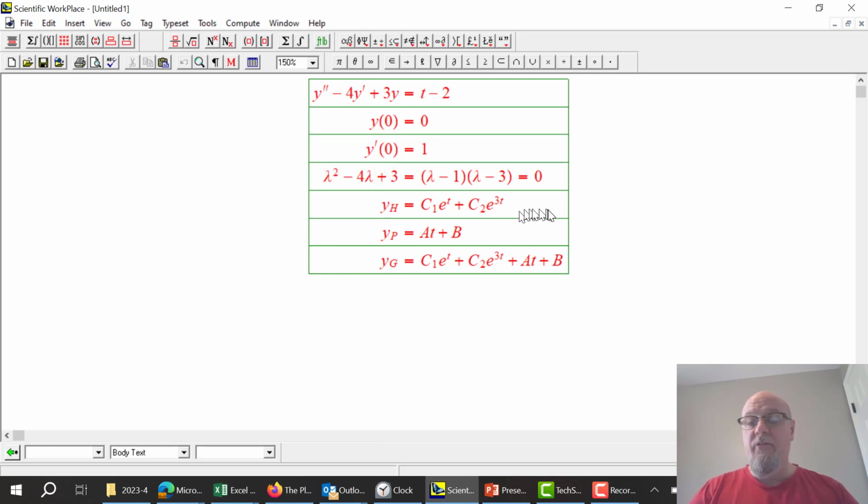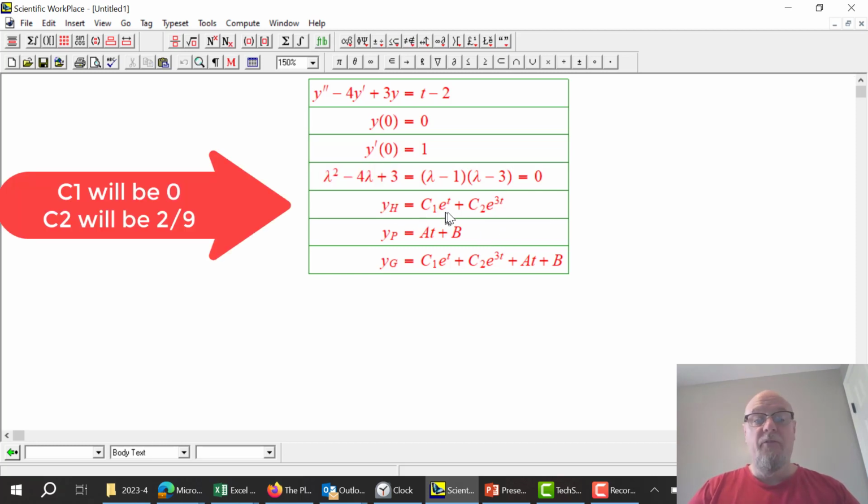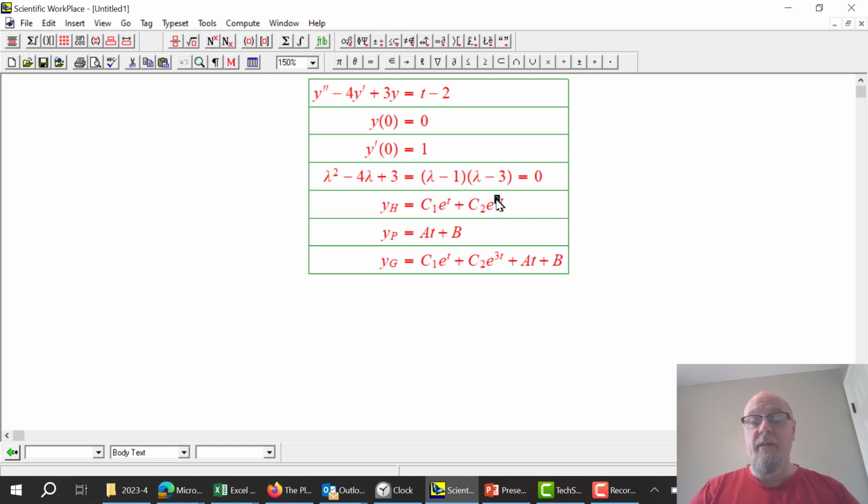And so the homogeneous solution would be some constant c1 e to the 3t plus c2 e to the t. We see the eigenvalues here of 3 and 1. Then we'd have to add the particular solution to the homogeneous solution. I would use unknown coefficients to get the particular solution. And so I would propose a particular solution of at plus b, a general line, because the target function is